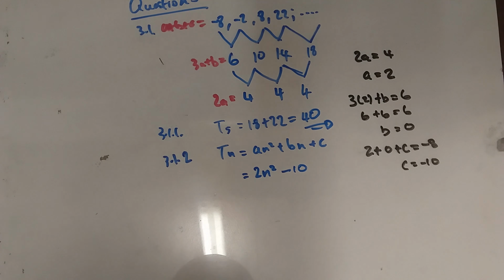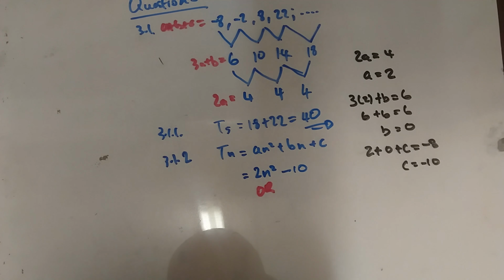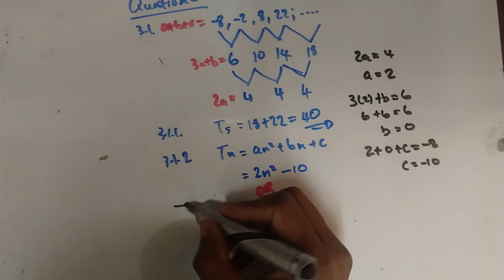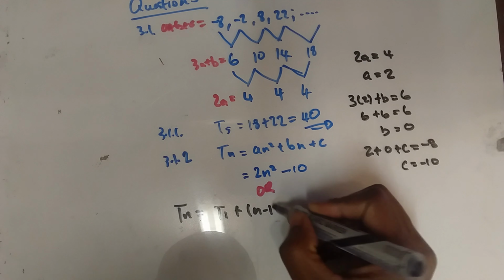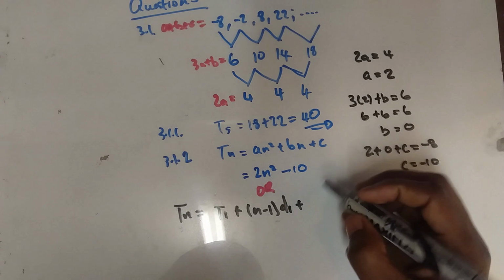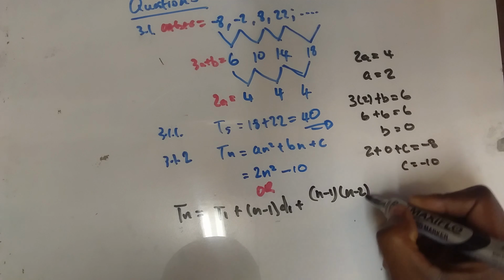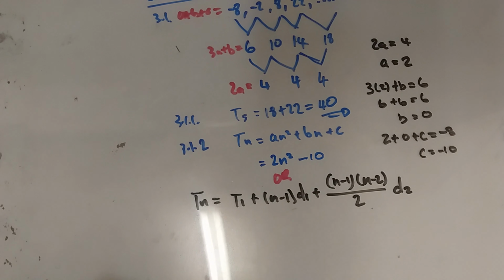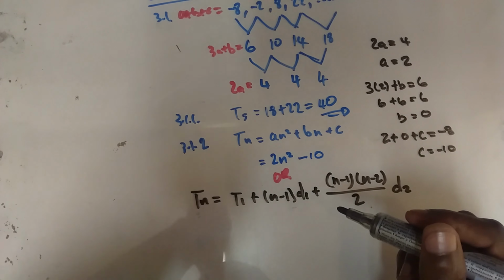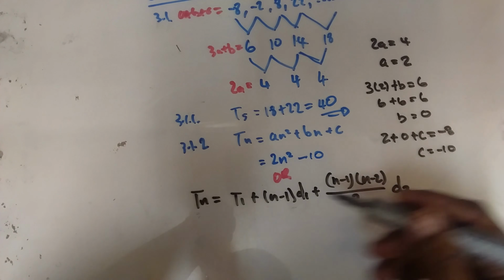Okay, but I've got a way. This is my way. I love to do it this way. I'm not saying I invented this way. I'm saying this is my favorite method of solving this. So I like to use this equation. It has somewhat a lot of work, but I love this equation. d1, which is the first difference, plus (n minus 1)(n minus 2) divided by 2, the second difference. If you write the solution in terms of this equation, then the solution is going to give you the same thing.